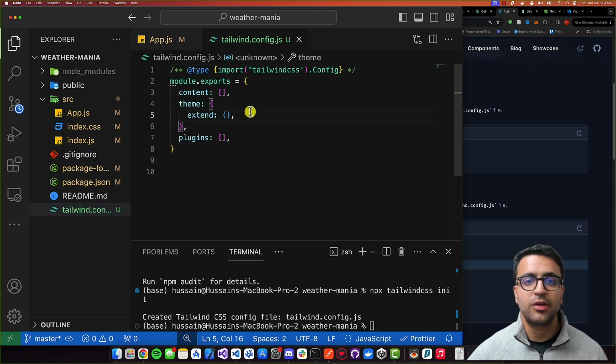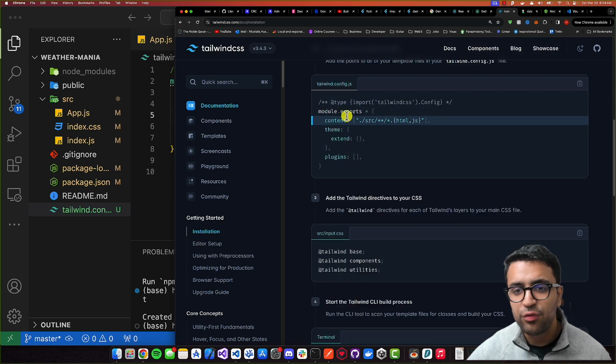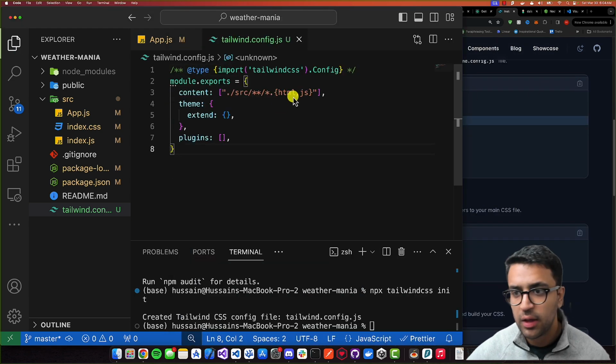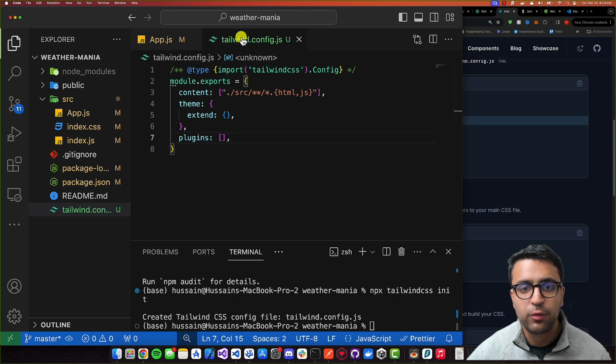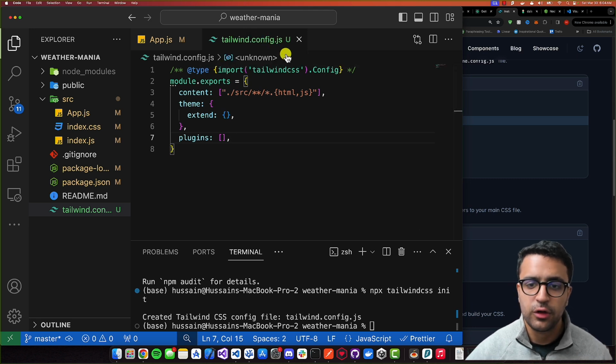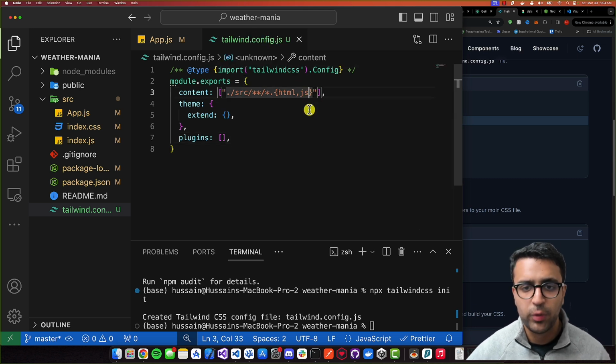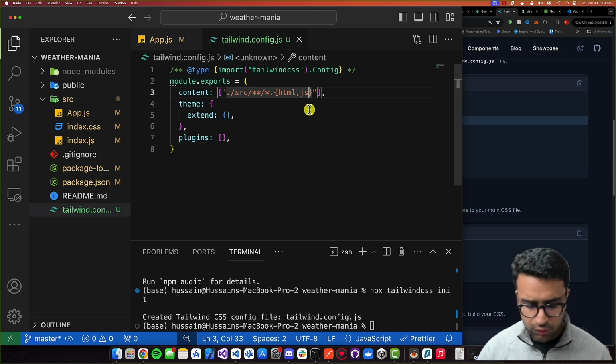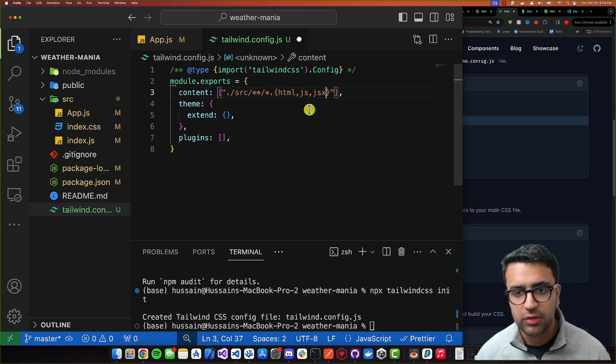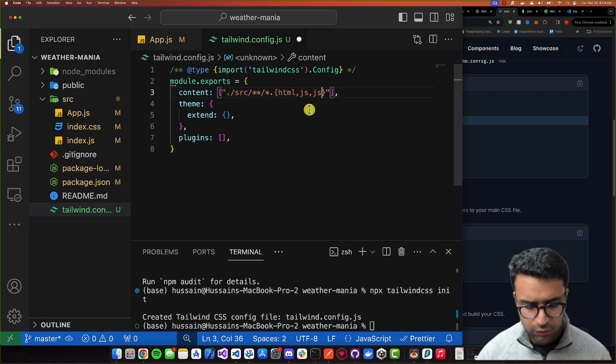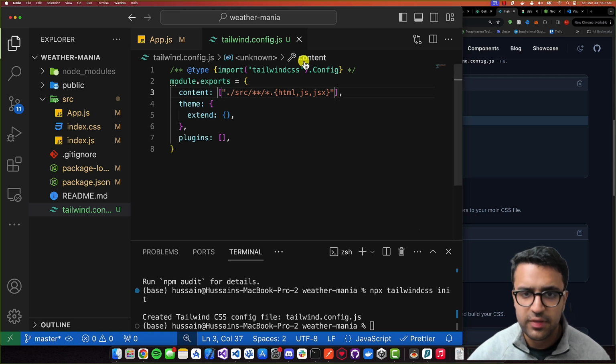And this, as the name suggests, basically defines the config for Tailwind. Then within this file, we're basically going to be copying and pasting this stuff like so. And then one last thing that I'm going to be doing before I close down the tailwind.config.js file is come to the point where we're defining all of the different files on which Tailwind is going to be looking for the utility classes that we've added and generating CSS from, is to say that we also support JSX files. So just add after the JS comma JSX, do command save, and that's pretty much all we had